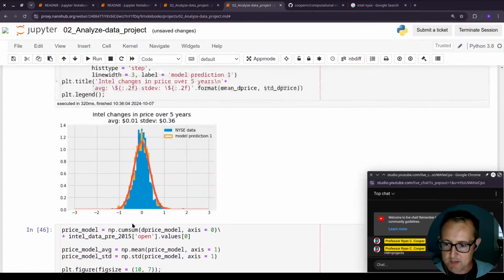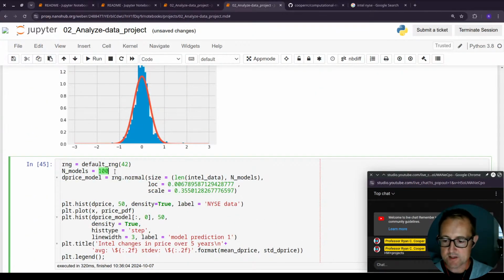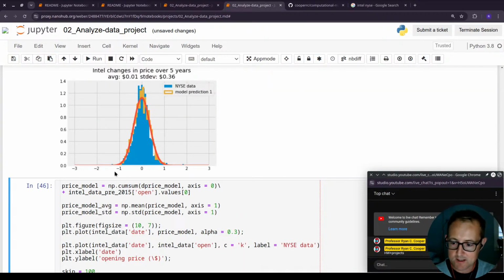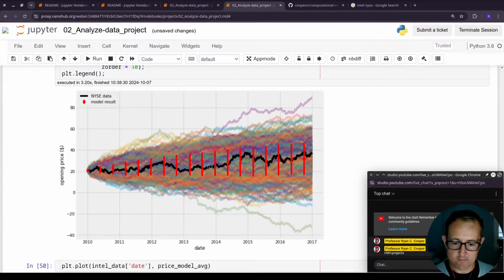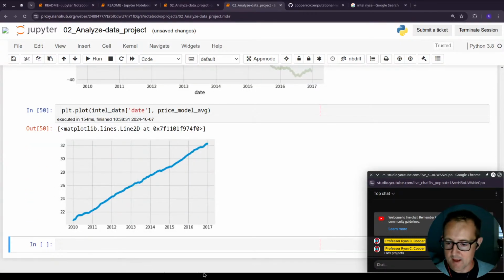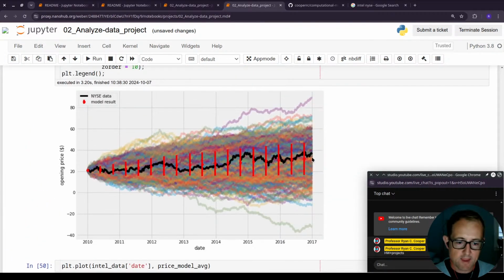And if I increase my number of models, so here, change this, because this is the best way to make sure your Monte Carlo model is doing what you want, is just keep increasing the number of things. You're throwing spaghetti at a wall to see what sticks, so throw more spaghetti. And there, now I've got 5 times as many curves back there, and I can see now as I take even more models, for the most part it's a straight line increase, that the average is just going up. So by the end of 2017, I'm saying that it's 32 something, and the actual price